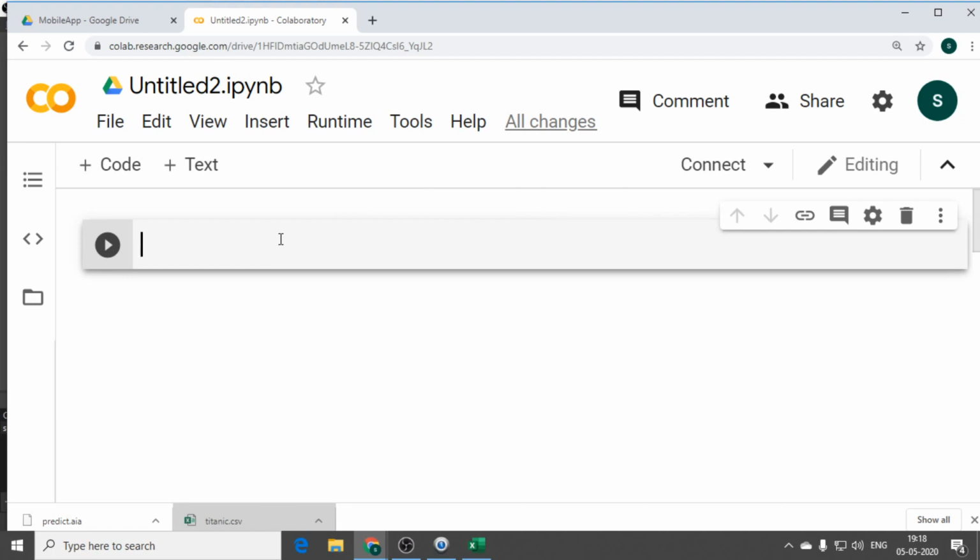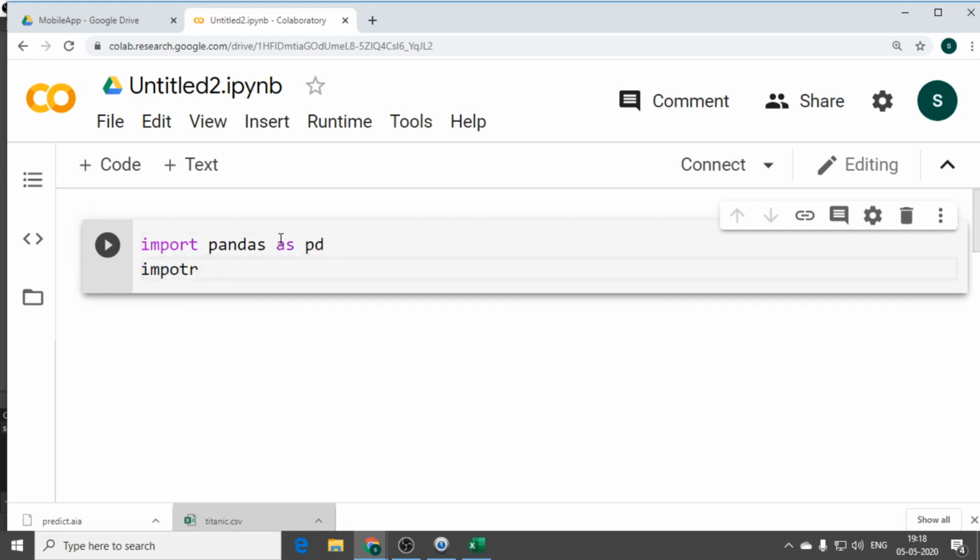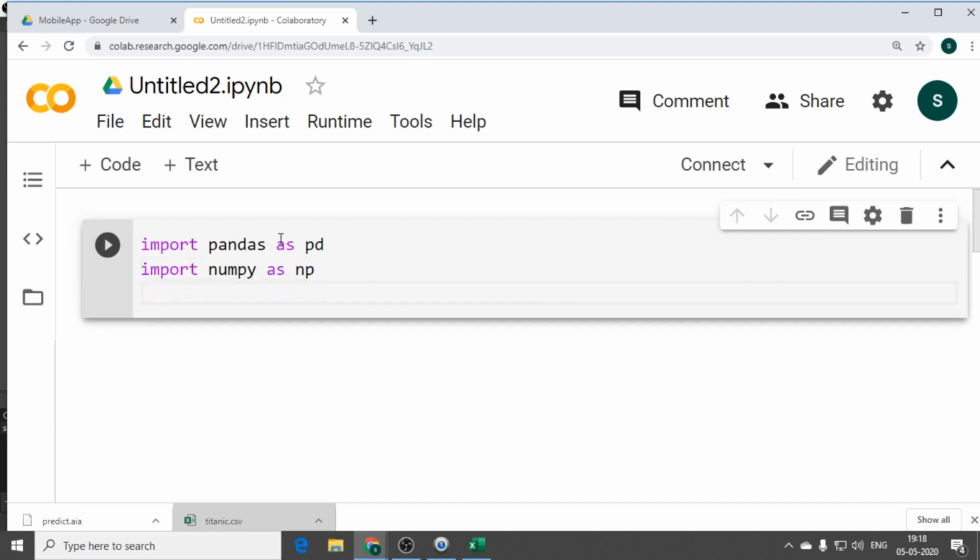It is very clear. Open Google Colaboratory, click on new notebook, then you can find. So you import the packages first. Generally you need to import pandas, obviously, pandas as pd, import numpy as np.